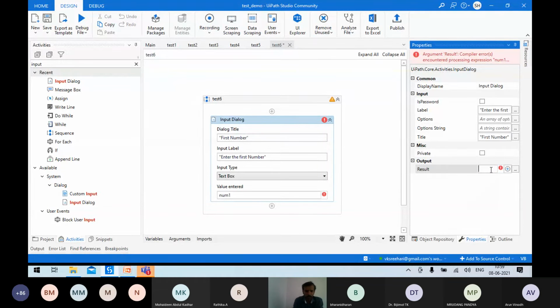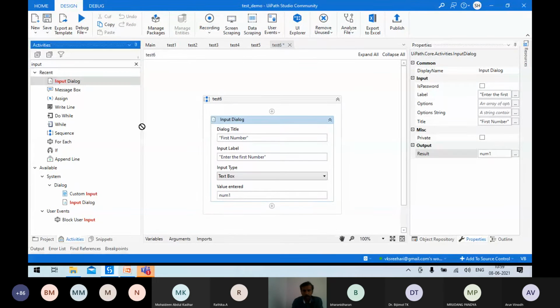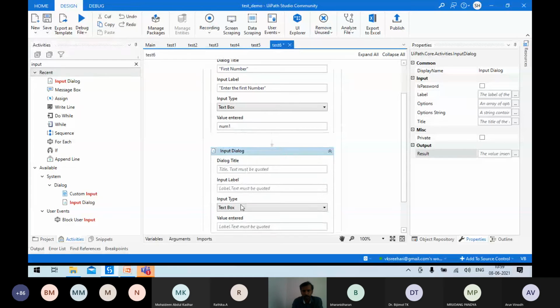I made the same mistake I have said. So another dialog box for the second number.